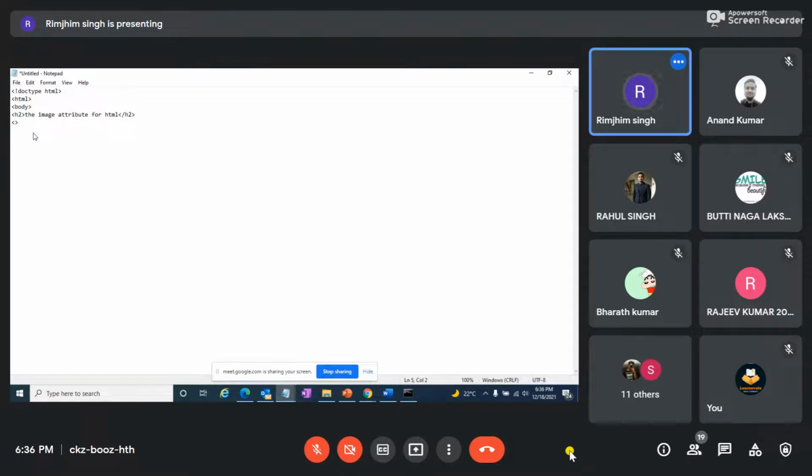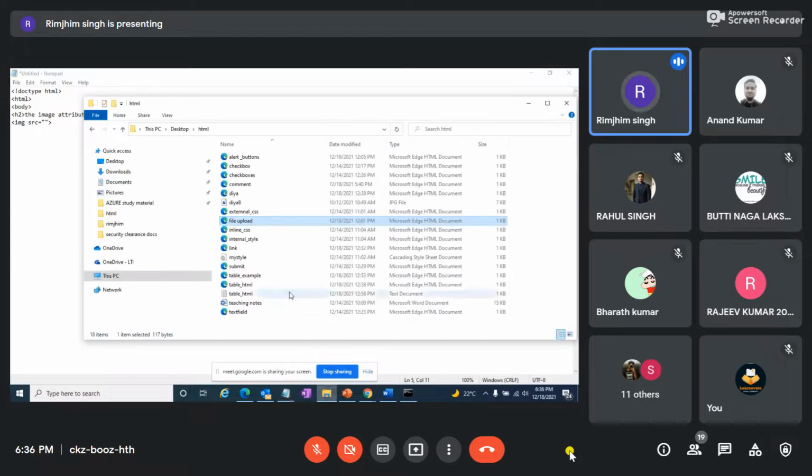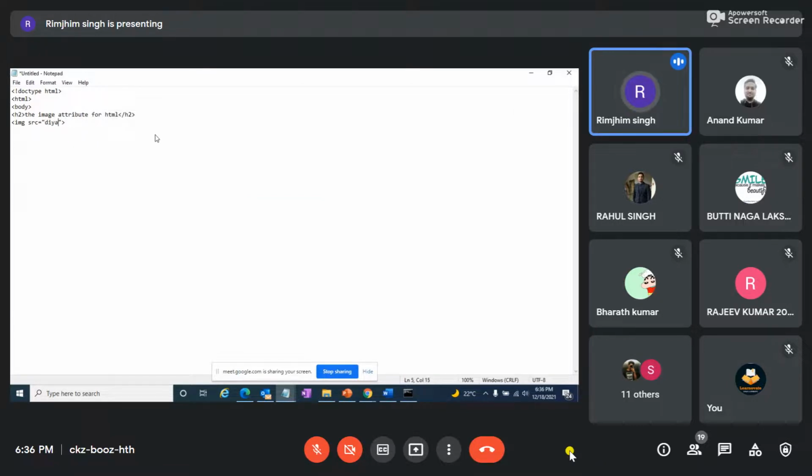And to add an image to your HTML, the tag which we use is img. SRC is your source, and we have to make sure that whatever image name we are putting in here is in double quotes, and the image should always be present in the folder where the file is. So I'll be using this image. The name of this image is Diite, so I'll put here Diite,